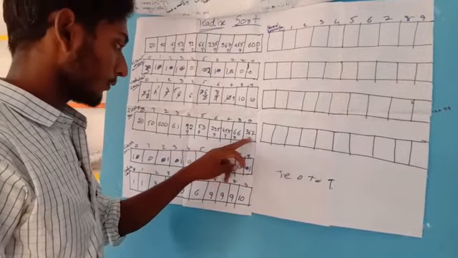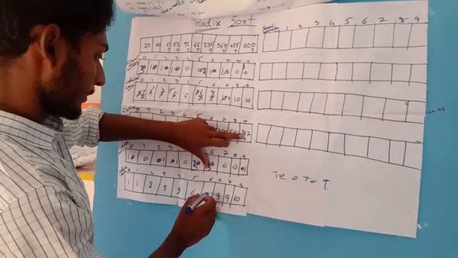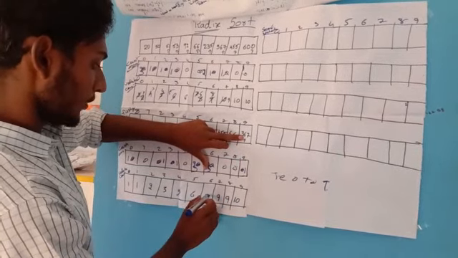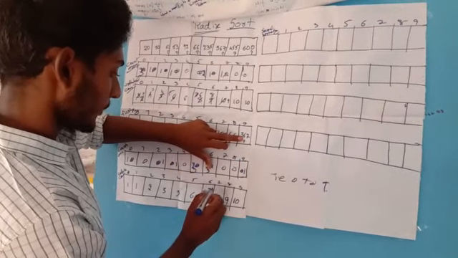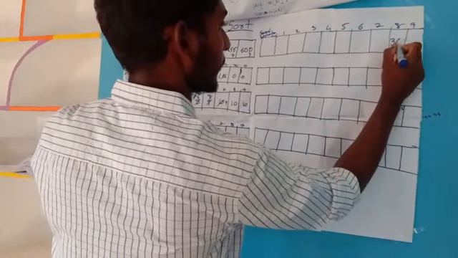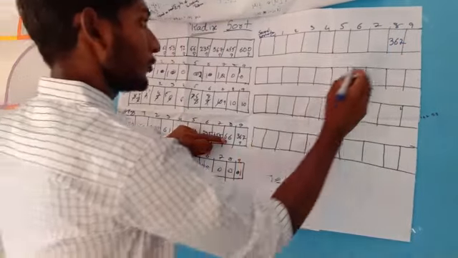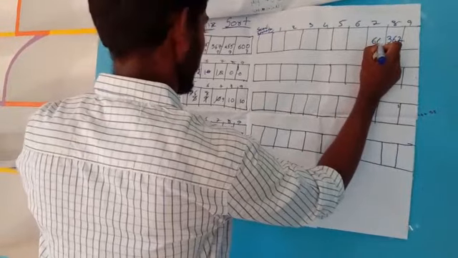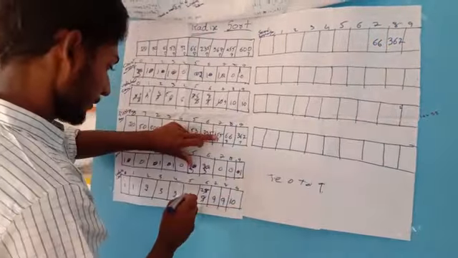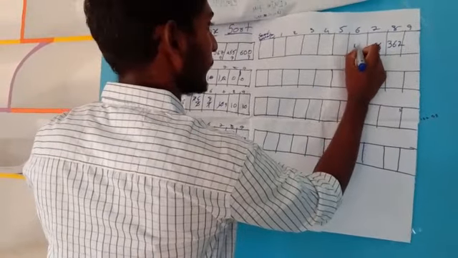By seeing here there is a 6. At 6th place the index value is 9. We have to decrease this, it becomes 8. At 8th place we have to write 367. Here 6, again decrease. At 7th place we have to write 66. Here 5, decrease, it becomes 5. At 5th place we have to write 455.